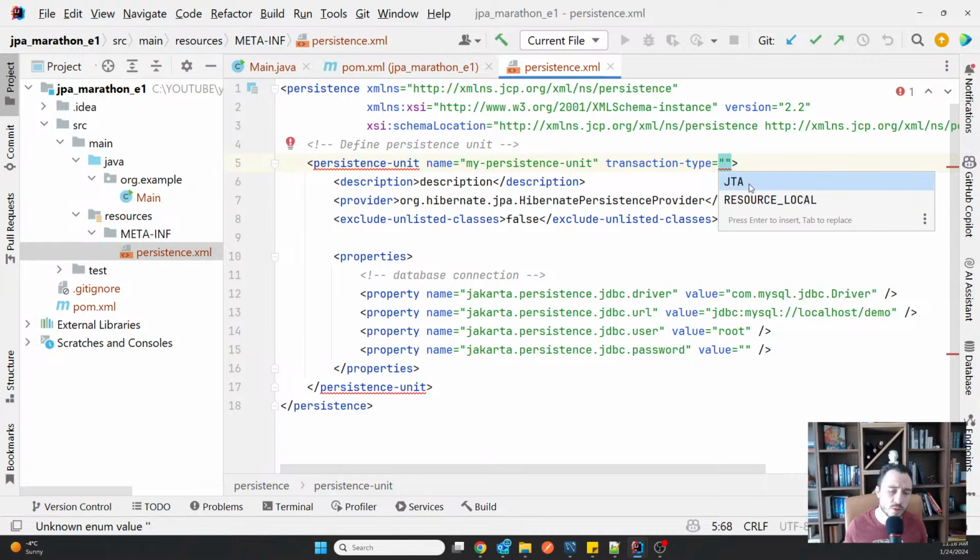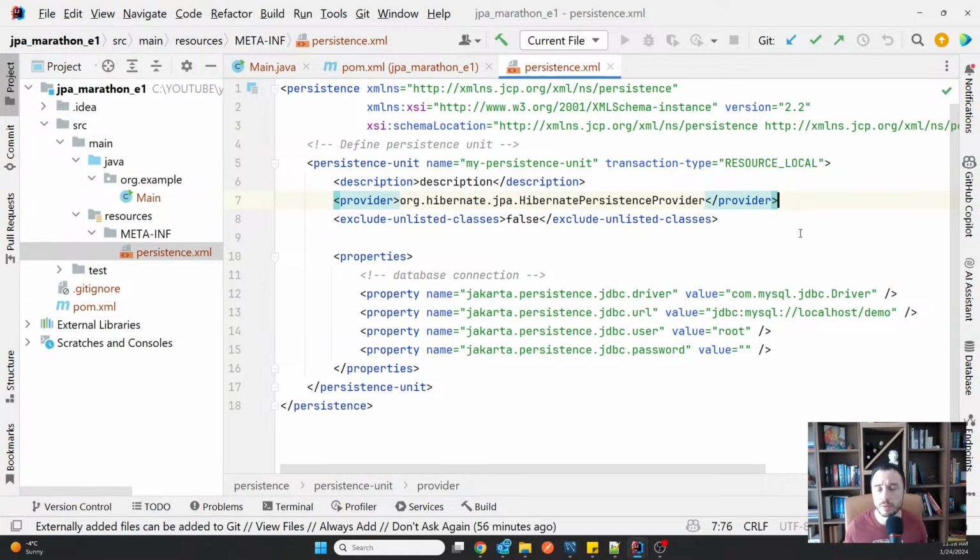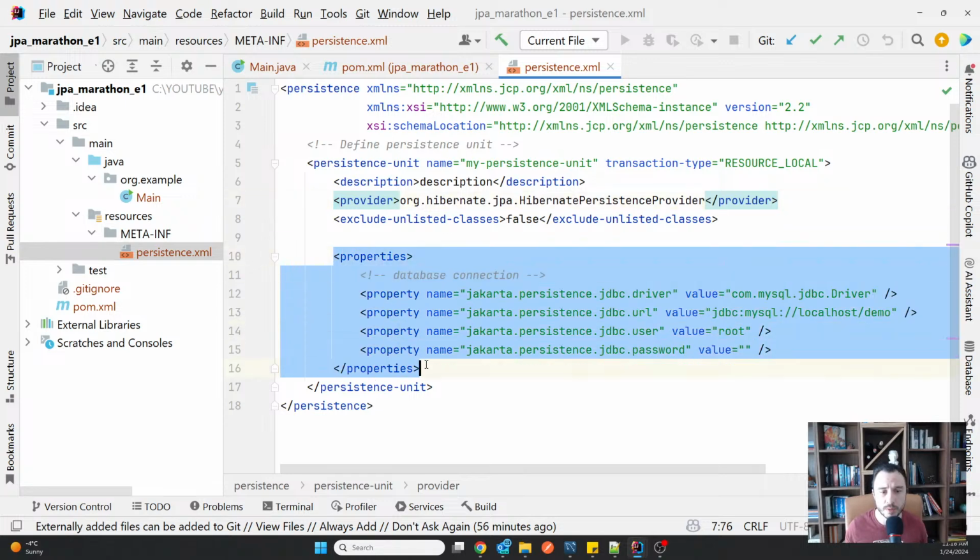I'm not going to go into a lot of detail about that because it's too old for me to remember, and probably in most cases unnecessary for you. So let's just go with resource local, which means our application manages the transactions, as you will see in the examples that follow. And then we have a set of properties here.